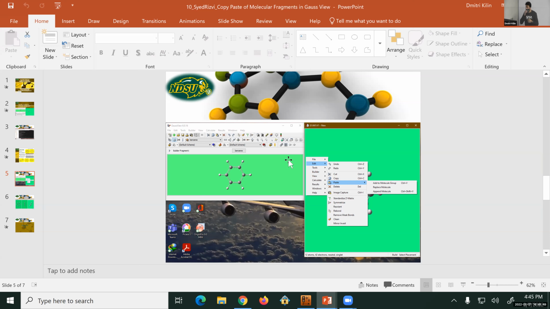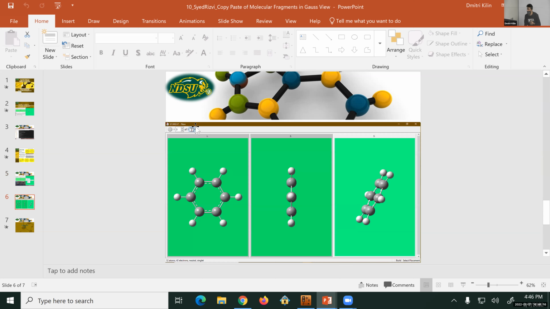Yes. Okay, so here you can also copy paste your molecule. Just click right on your mouse, and you will see a screen with three options. The first is add to molecule groups. It means if you press Ctrl V on your keyboard, you will add another molecule, but not on the same screen, but on a different screen, like I pasted 3 times, and there are 3 screens with the same molecule. In this way, you can see your molecule in different orientations.